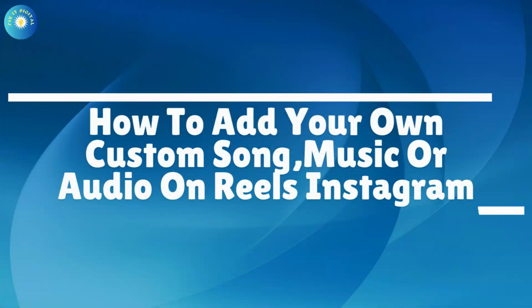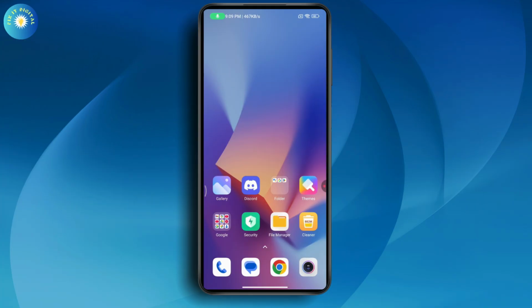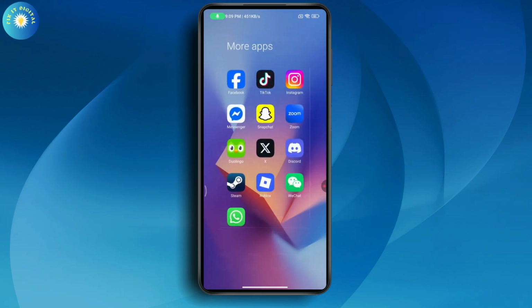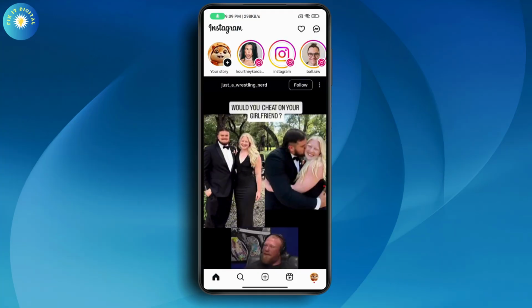How to add your own custom song, music, or audio on Reels on Instagram. So if you want to add your own custom songs or music or audio on your Reels on your Instagram, then first you need to open up your Instagram application. After opening your Instagram, now if you want to add your own custom song or your music, then you need